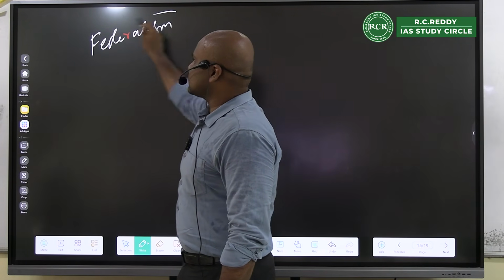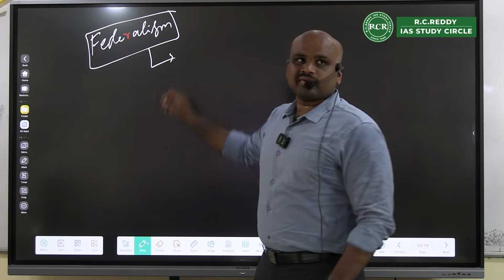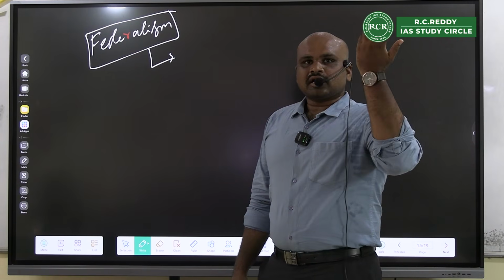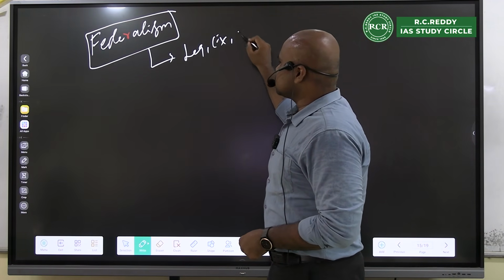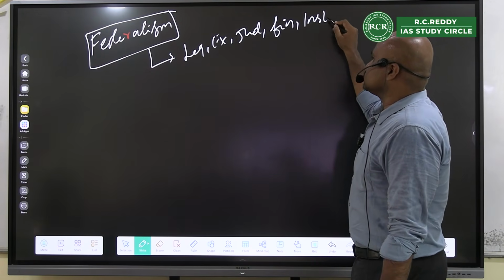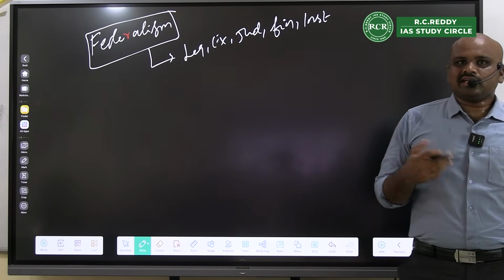Most of us will directly dump content, but my microstructure or component analysis for federalism would be the legislative, executive, judicial, financial, institutional. That's going to be my microstructure whenever I am writing with respect to